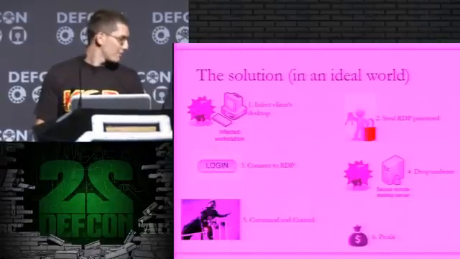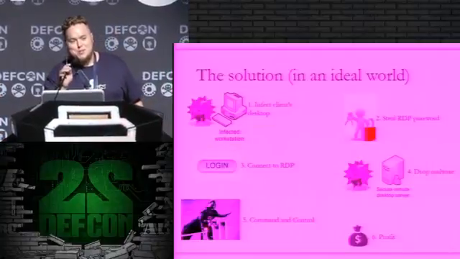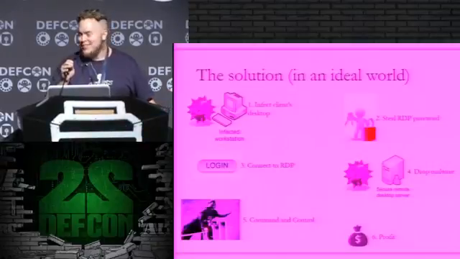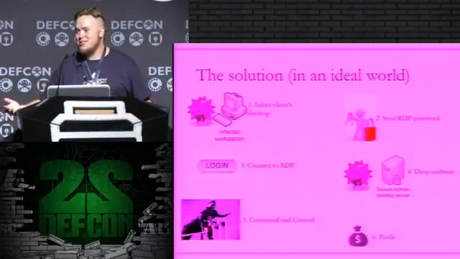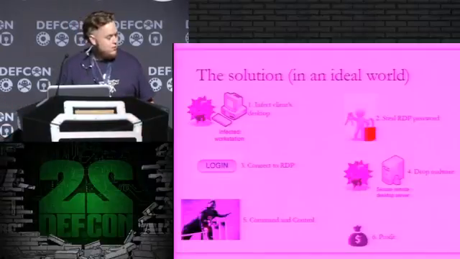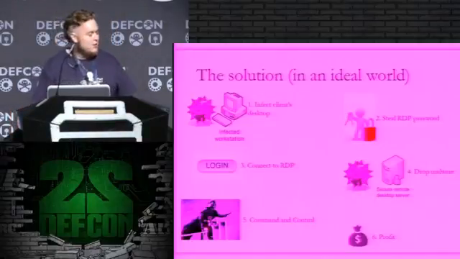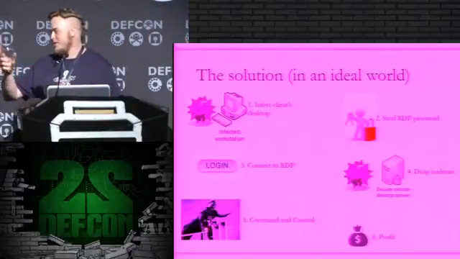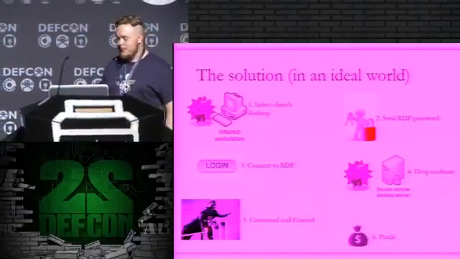After that, I can steal the RDP password, connect to the RDP server. Excuse me a second. Yeah? So we have a first-time speaker, and judging by the round of applause, I take it you guys know what's going on. So we have a tradition here at DEF CON. It's called Shot the Noob, and do you have a co-speaker? No. Oh, you're all by yourself? Yes. Oh, well, then you have to drink twice. So as a way to welcome you here to DEF CON, do a shot with you on stage. Cheers. Welcome. Congratulations.